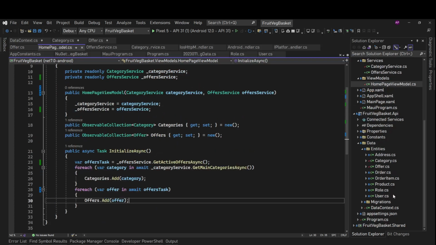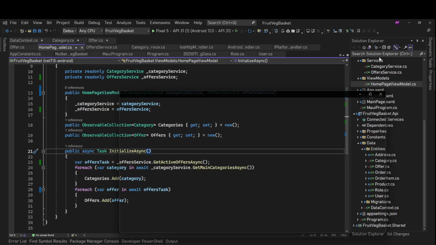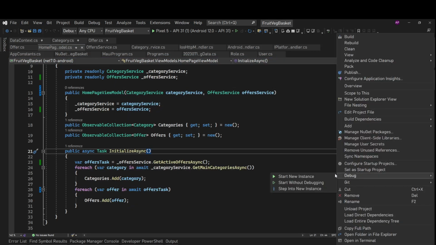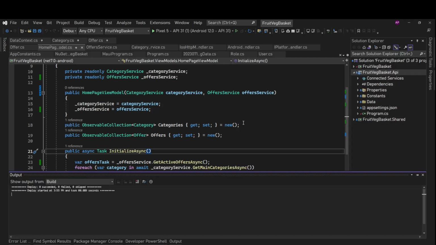Let's try to run it. Okay, first we need to have our API running. API, run, start without debugging, and we have our API running. Now we'll run our app.